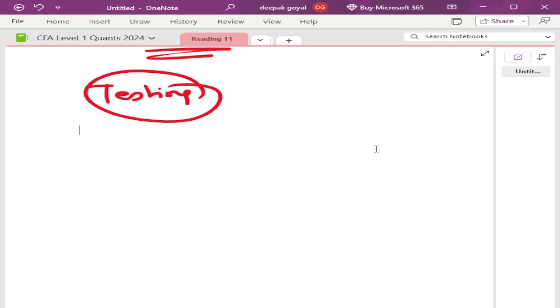If you start connecting the topics now, it will become much easier for you to remember the concepts and to apply them in real life examples, as well as in the exam, when you figure out there is a point which includes concepts from both chapters. If you have studied in that manner, you will be able to easily pick the right answer. So the target of this lecture was to cover the concepts of artificial intelligence, neural networks and machine learning, and the process of training your robots. Clear? We'll carry forward in the next lecture. Thank you.